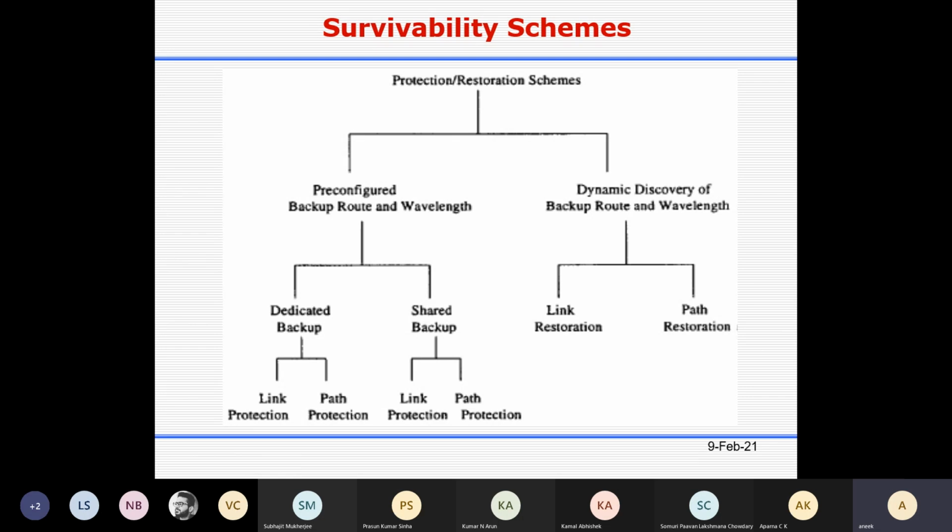So you have to wait till the fiber cut is repaired, or maybe wait for other light paths whose holding time is over to go away, then you can use the wavelength along the path. For restoration schemes, there are two approaches: link restoration and path restoration.